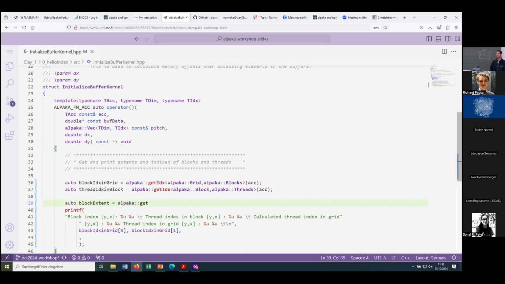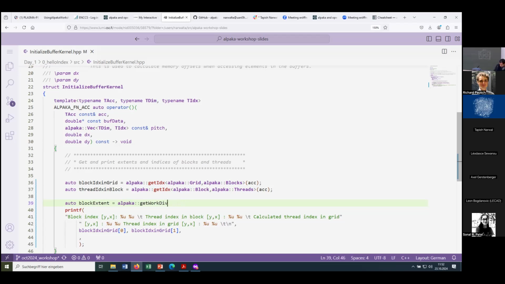Yes, Brian. Get work division. Get work division allows you to get how you've divided the work, which includes the extent of a block. So we say get work division,